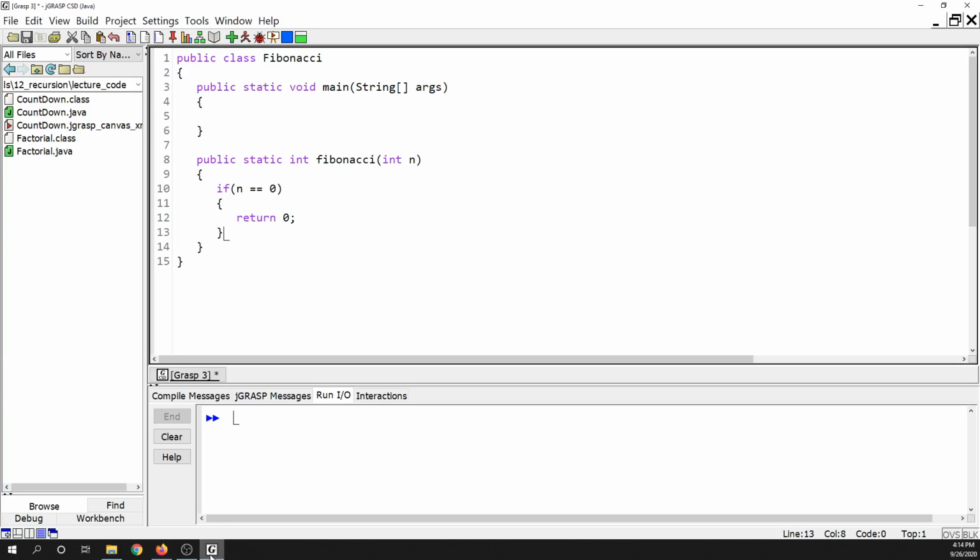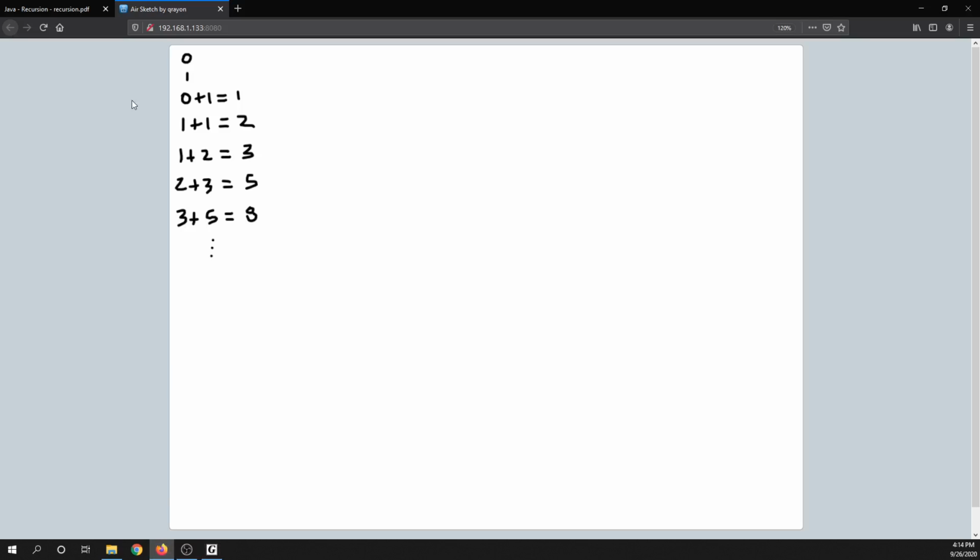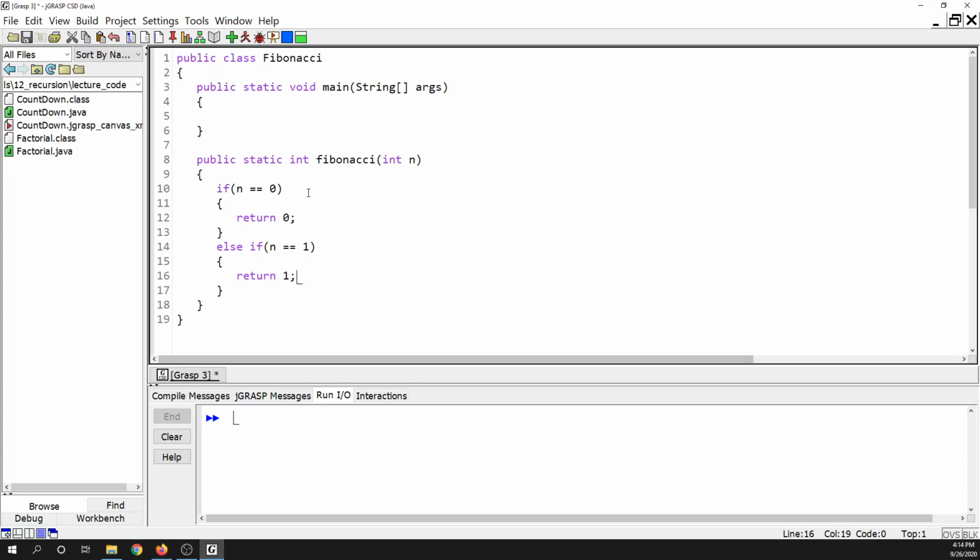So here, what we'll need to do is just go ahead and add a second base case. Okay, so if n equals 1, then we will return 1, right? Because that is the next number in the Fibonacci sequence, this number right here. Okay. Here we use the else if, so that at most one of these gets executed. All right, and now we are ready